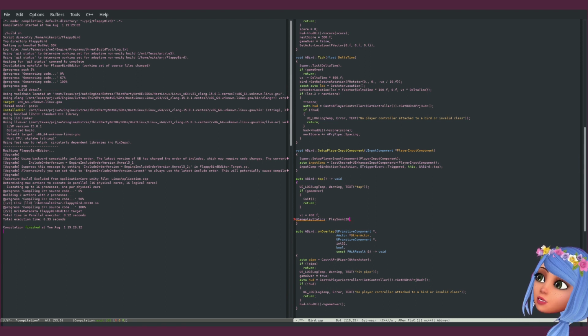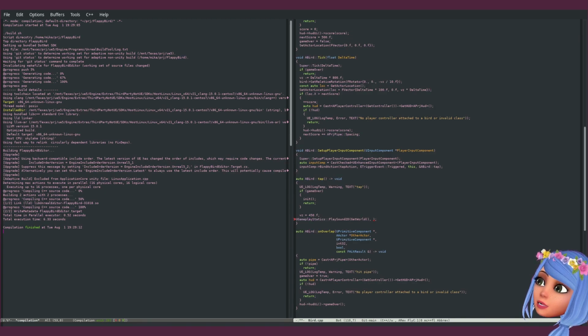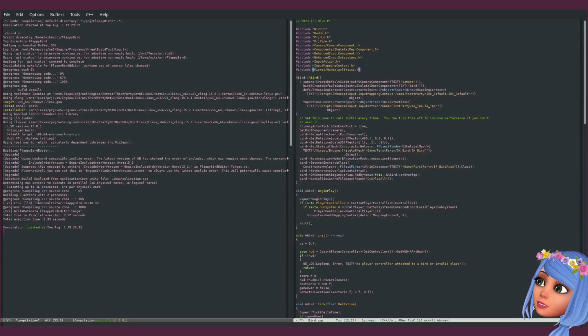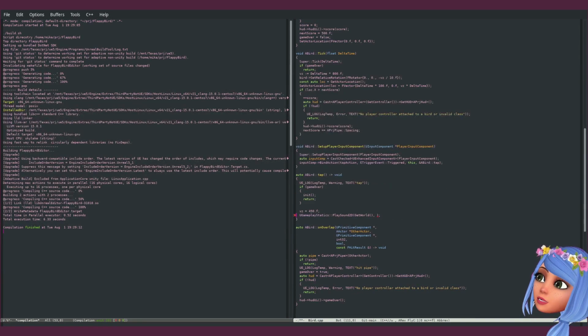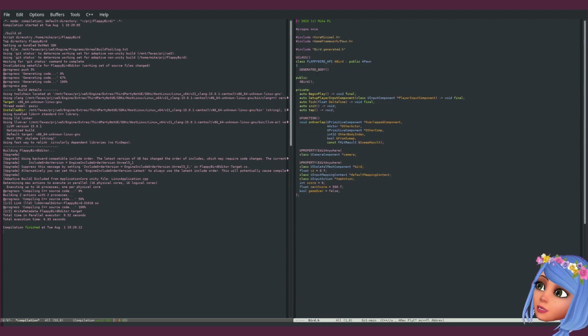For the world context it is going to be get world, and for sound we need to include, of course, Kismet gameplay statics. And for sound we need to do the same trick with the constructor helper, object finder helper. So we need to find sound, use sound base.